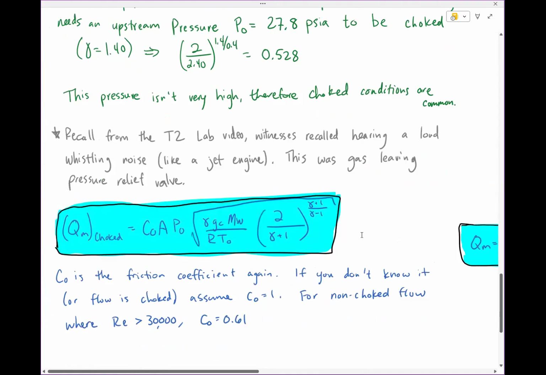So I know this derivation is a lot to go through. I typically am a proponent of going through the derivation every time that you are solving an equation, and then you'll get better at doing derivations as you go. For this one, it is a little bit much. So honestly, I would approach this equation as a plug and chug. If it tells you that the flow is choked, or you deduce that the flow is choked, you can simply plug in numbers to this, and this will give you what your